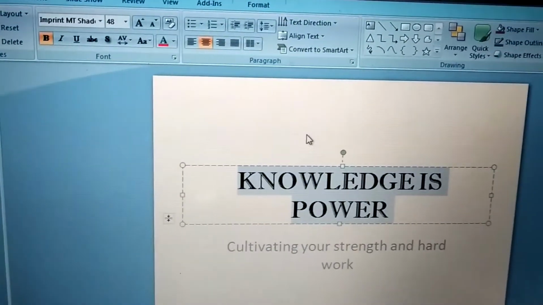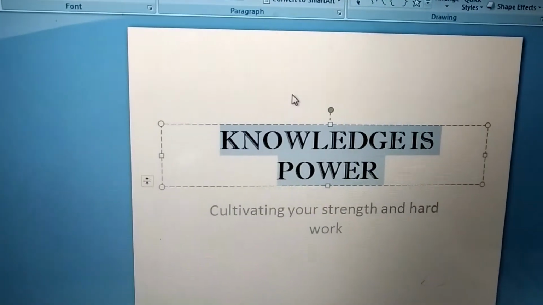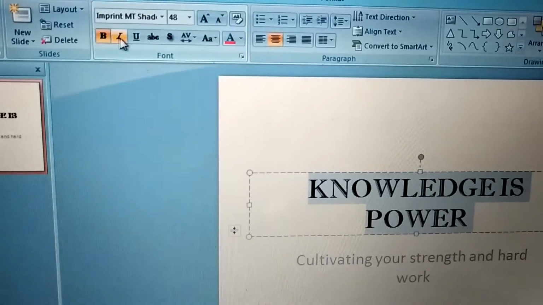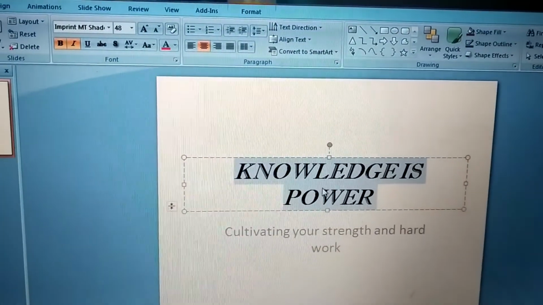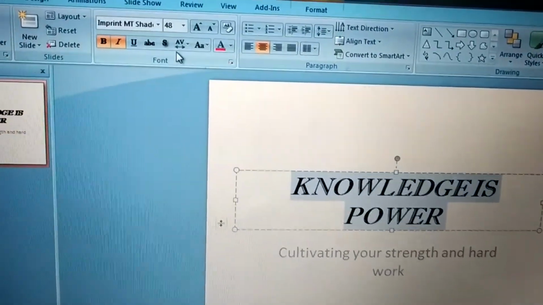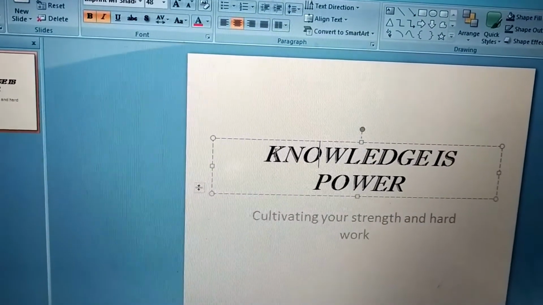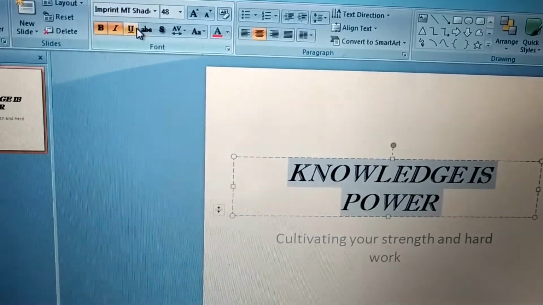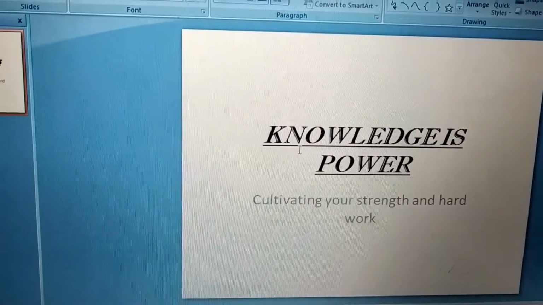If I want to make it in italic form, if I want to make it look more slanting in style, then I will click on italic. See, italic tab is active, so my text has become slanting. Now if I want to underline my text, what I will do? Again I will select my text and I will click on underline button. This will underline my text. Okay.